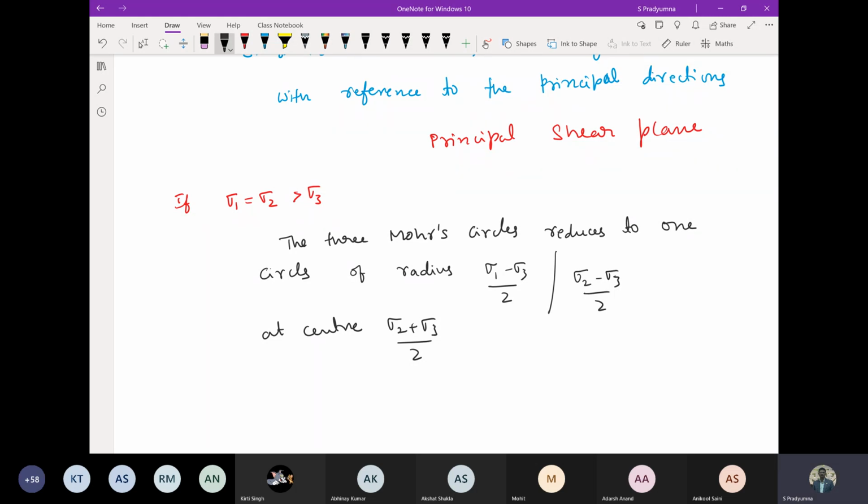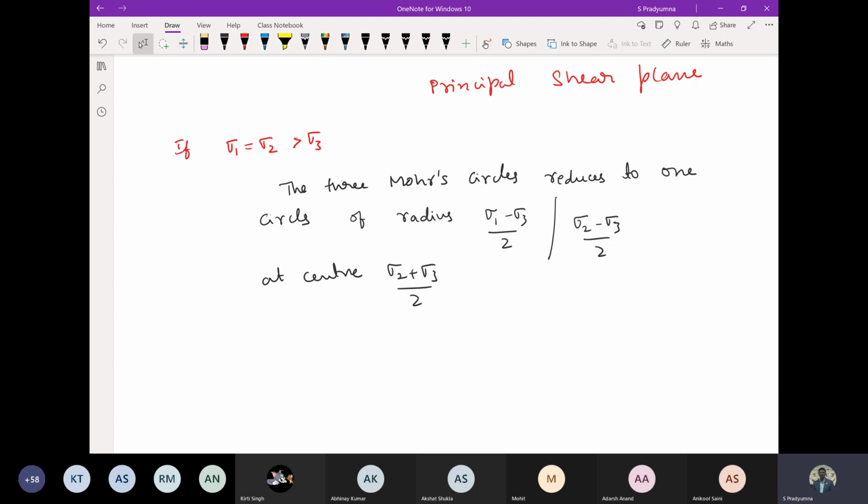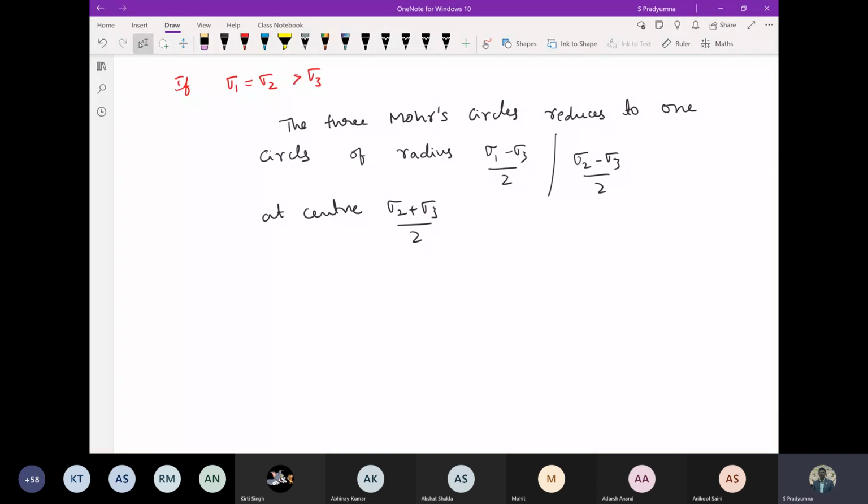We can write that the principal direction, where shear stress is 0, makes an angle of 45 degrees with the plane having maximum principal shear stress, or maximum shear stress. The principal shear plane is the plane on which you have the maximum shear stress. This is one thing I wanted to discuss, because it will also come up further when we discuss the plane stress problem and principal stress in that condition, which are widely used later also.